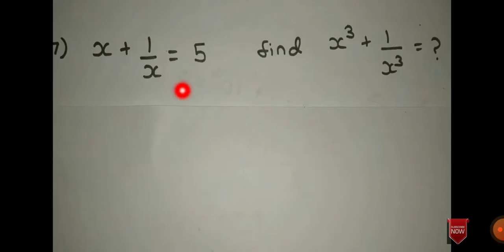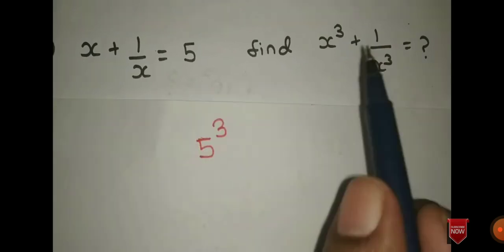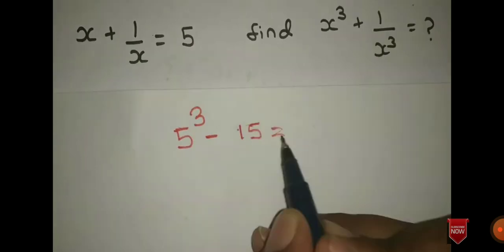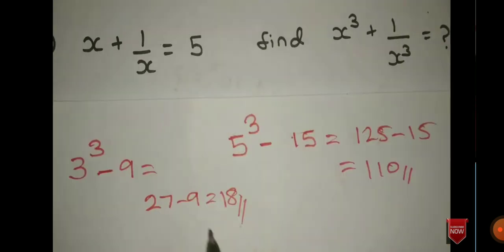The next term is, this is an equation, and here we are having x cube plus 1 by x cube. What is the answer? So see here, whatever number you are having here, so this is a number, right? Put 5 cube. Next is, what is 5 into 3? Just see here, the first step is whatever number you are having, write as it is. So here we are having cube, right? So put cube. Here we are having plus sign, so minus sign. 5 into 3 is 15. Okay, so see here, 5 cubed is 125. 125 minus 15, 110. So answer will be 110.